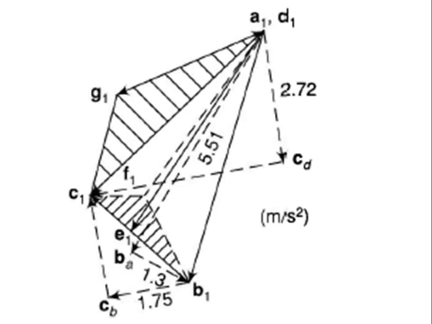So you can see B1 to CB is 1.75, now in the opposite direction. B to C was from left to right, so we have to move from right to left. So B1 to CB, 1.75 value, 1.75 on the left side, parallel to BC. Draw B1 to CB.